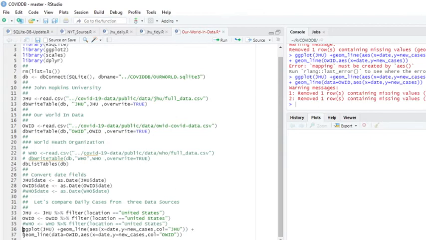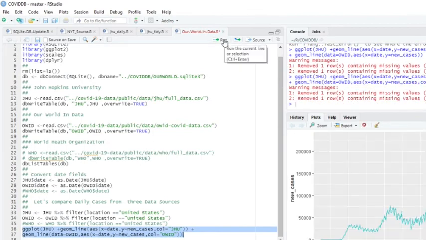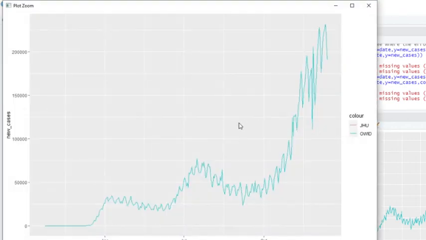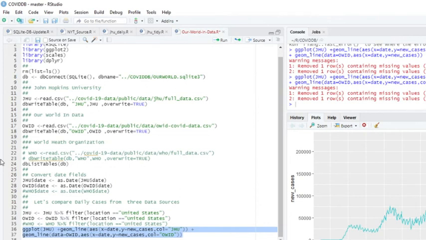Okay, so let's try this. Well, I would say the fact that we got two things there means that they perfectly overlap.